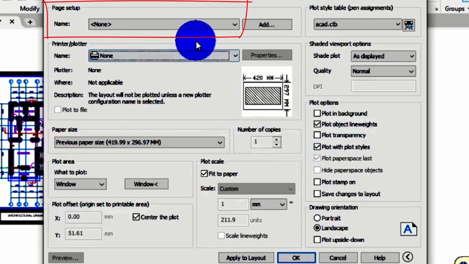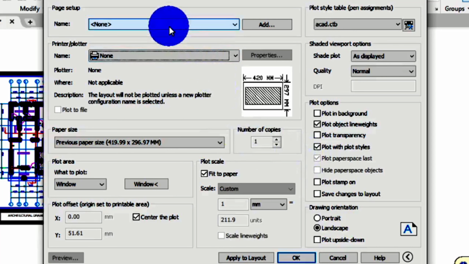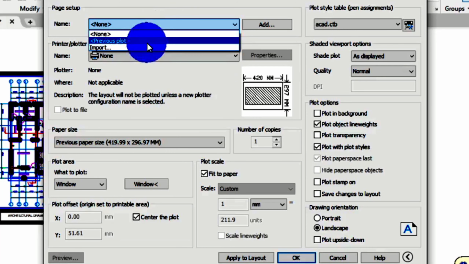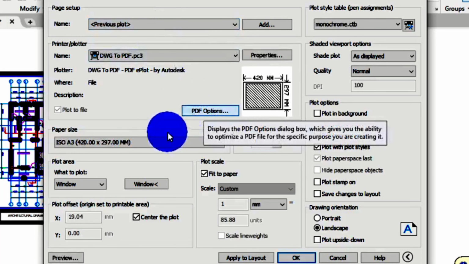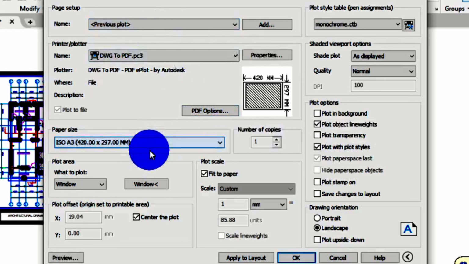You can see name over there with a box beside it. I'm going to click on that box, then click on previous plot. What this does is it will automatically set all the settings I did when I was printing my AutoCAD file to monochrome. It will automatically adjust everything to those settings.